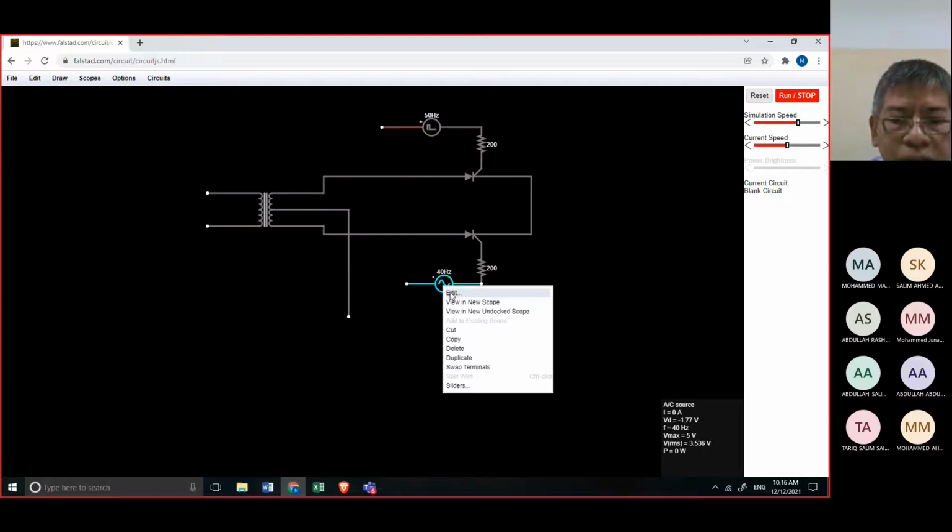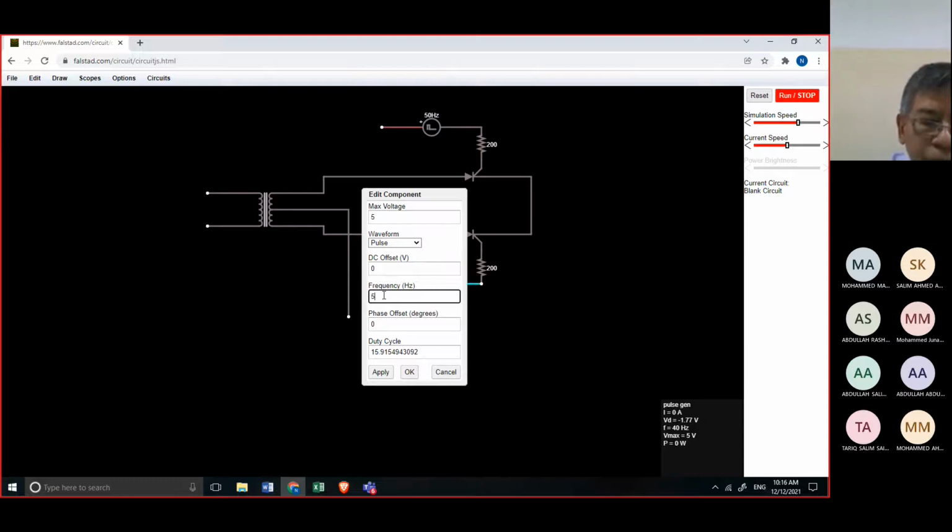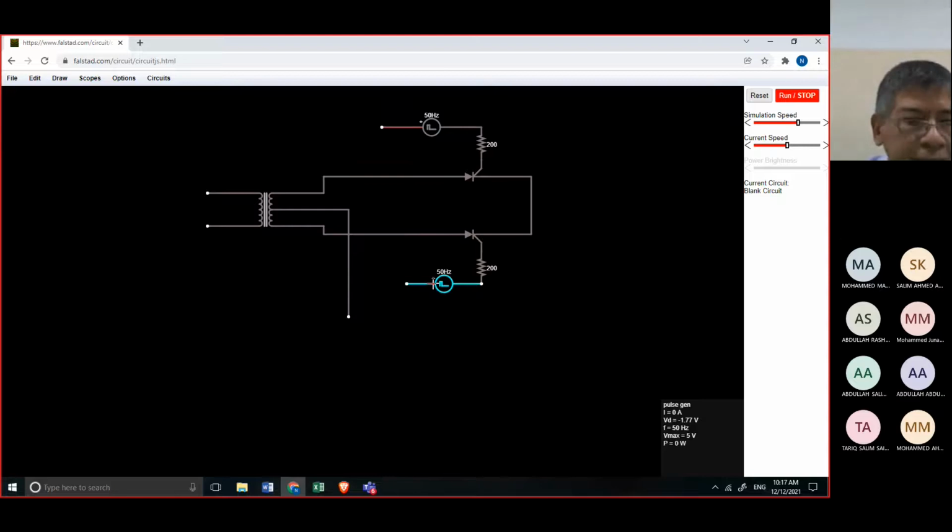And then we will also change this. We need to edit, and then 5, and then change this AC into false. Okay, then the frequency, we will change this into 50. Then the phase offset, it is the same as 83.34. Okay, then the duty cycle, we change it to equal 1. Okay, then click OK. So the next, from the given circuit also, we need to add wire.